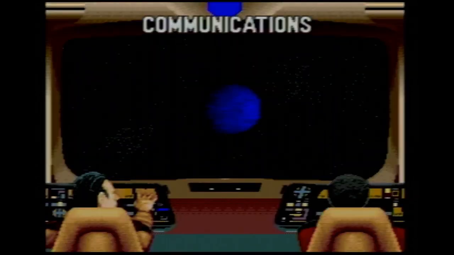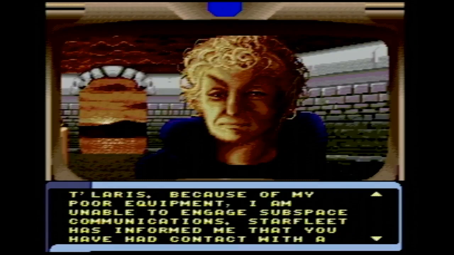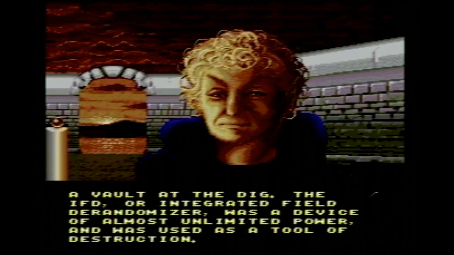Oh, thank God we're back on the Enterprise, and we have a new communique. Apparently word travels fast, and Dr. Talara's heard about the IFD and wants us to return to Codus Nu 6 to talk to her. Of course, this would have been easier if she'd chosen to come with us, but whatever. She tells us that according to her research, the IFD, or Integrated Field De-Randomizer, last appeared in the Gamma Quadrant